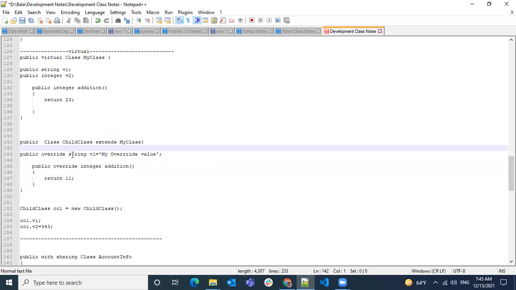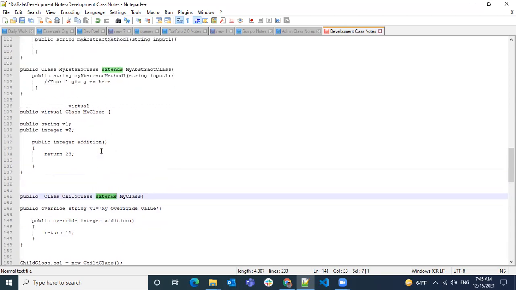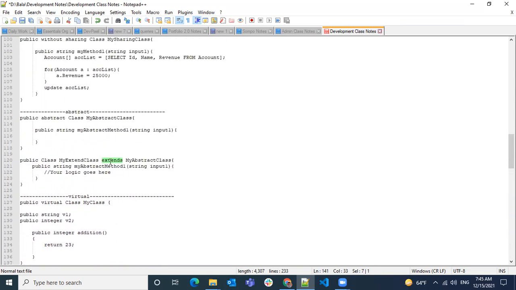That is, while you're overriding the inside variables and methods, we use the override keyword. When you want to use a virtual class, we use extends, and when we use an abstract class, we use the implements keyword. So when there is an abstract class, and you're going to implement this abstract class, if you look at the meaning itself, abstract means